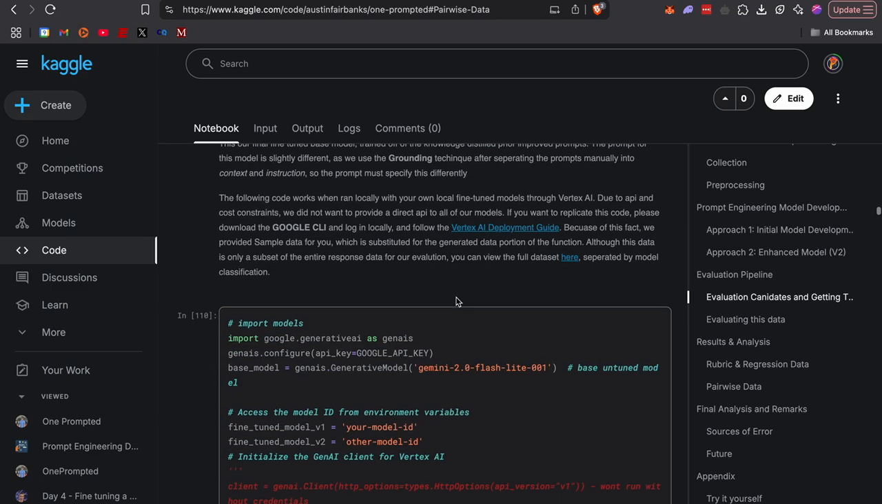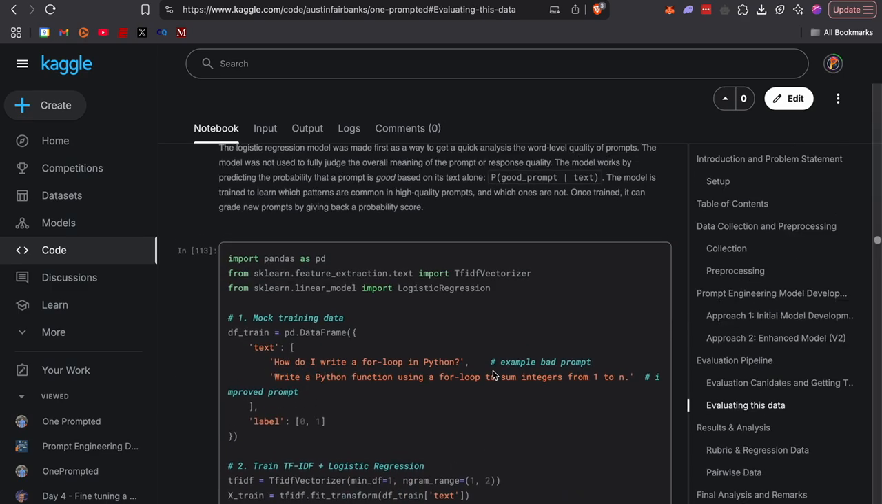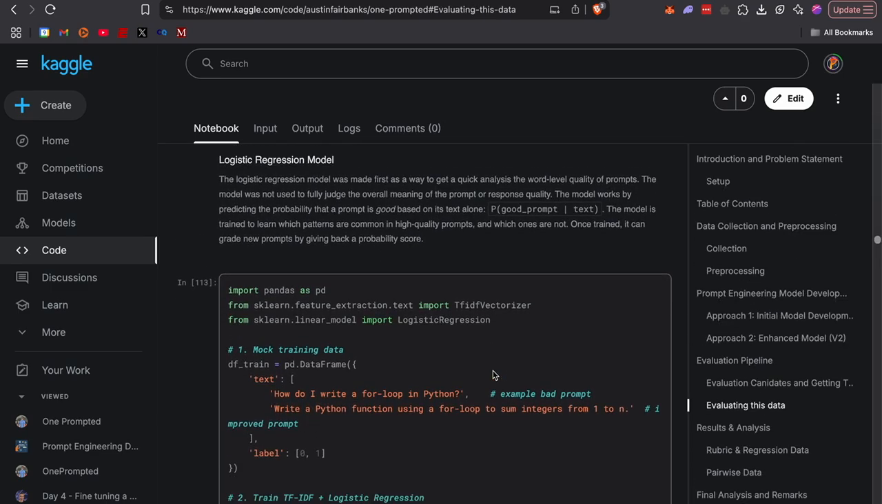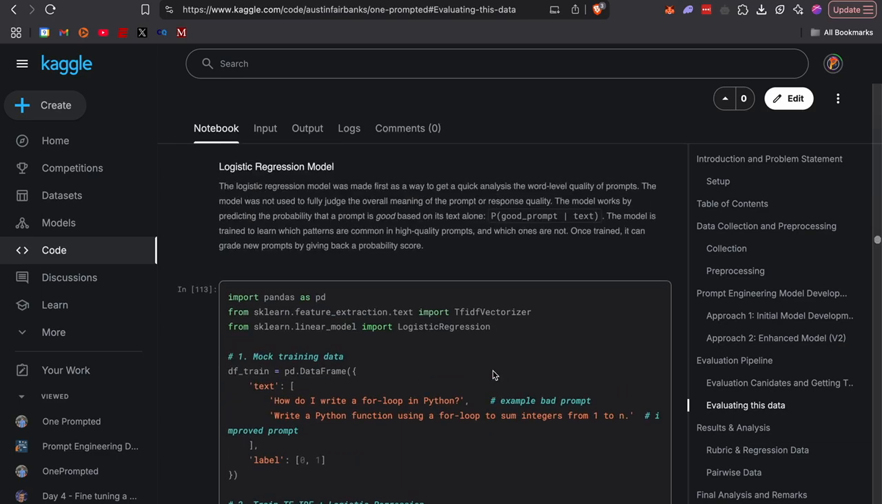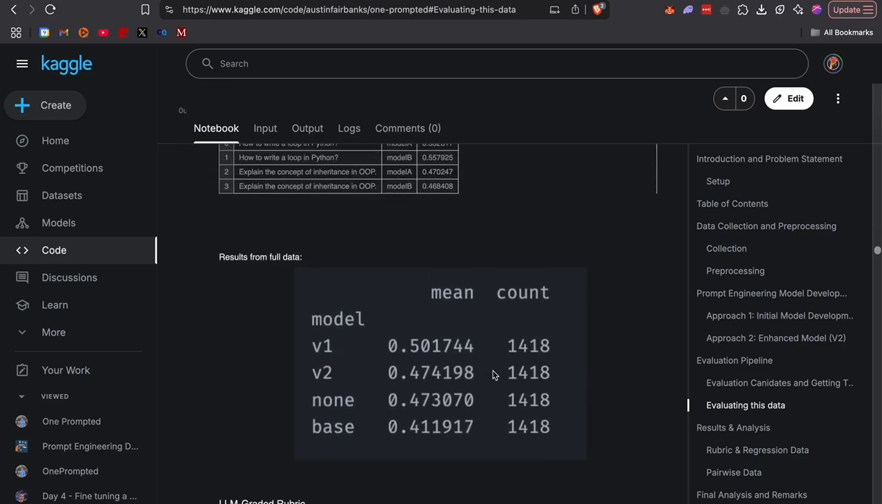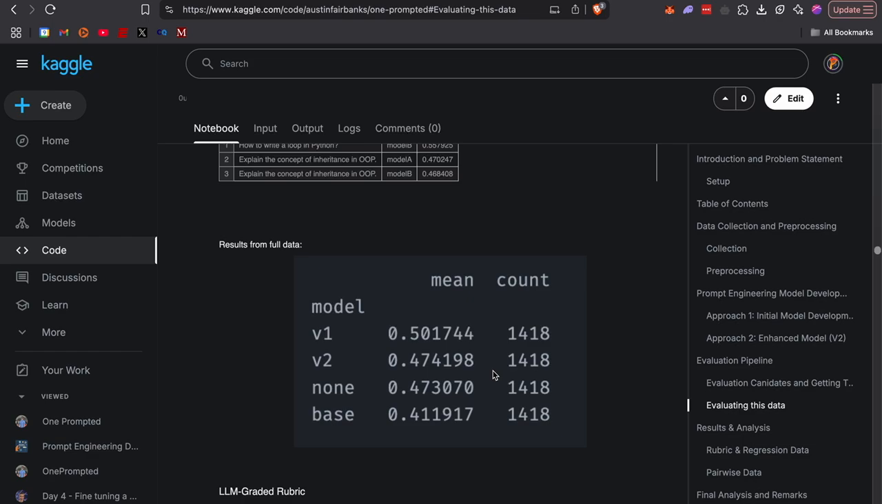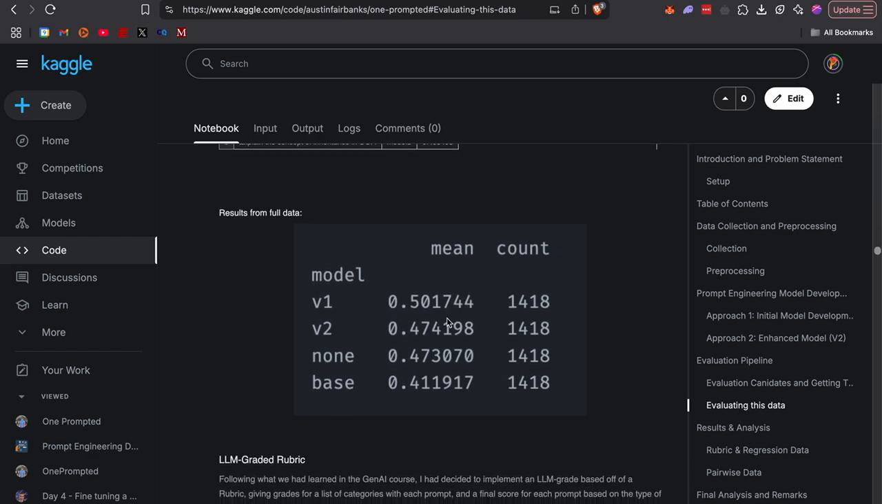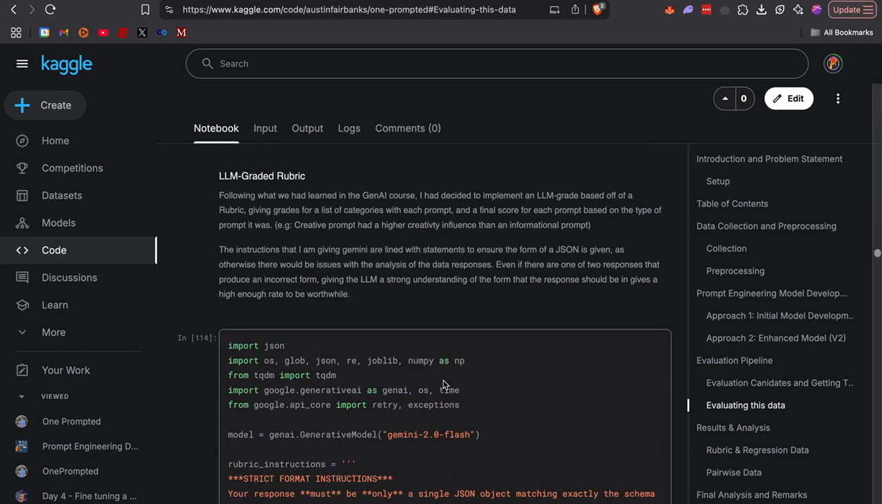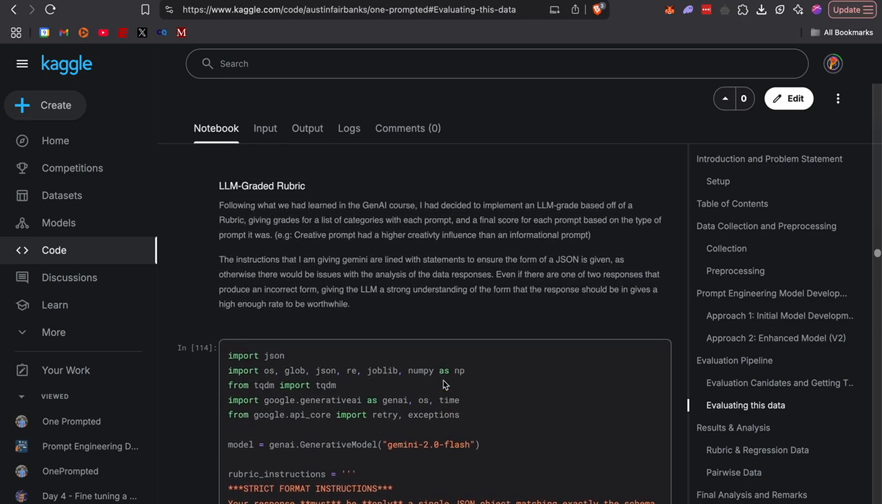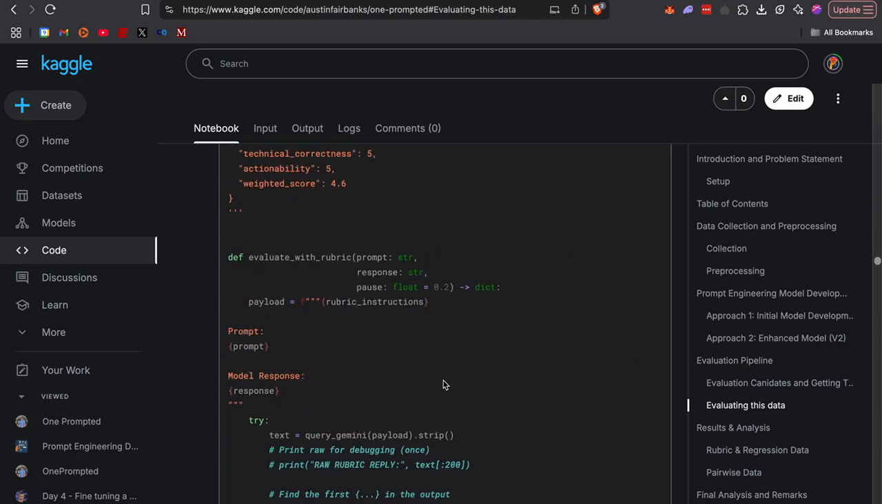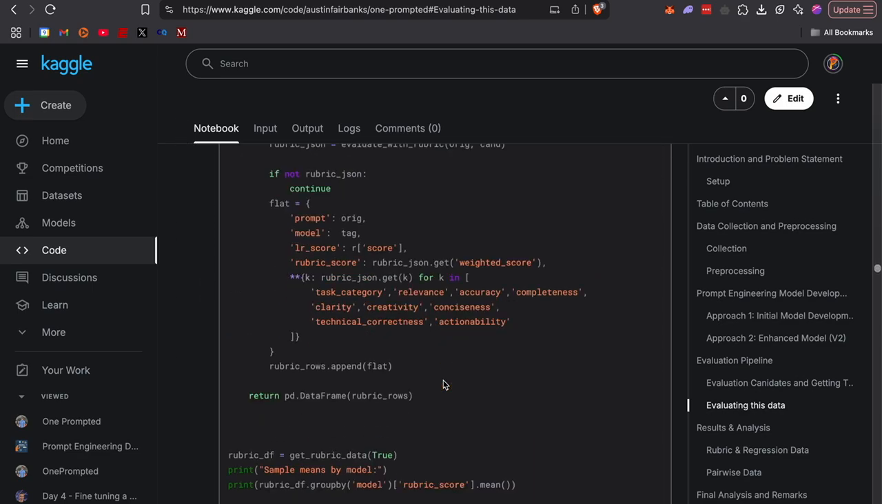But then we moved into evaluation. We used a few different ways to analyze this data. The first was a logistic regression model, which is here, and we really didn't get any good findings from this. All we really had were some similar data points between all the models. The next was an LLM-graded rubric for the prompts, and once again, the results didn't show too much,